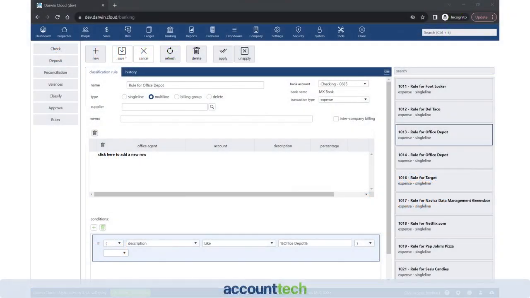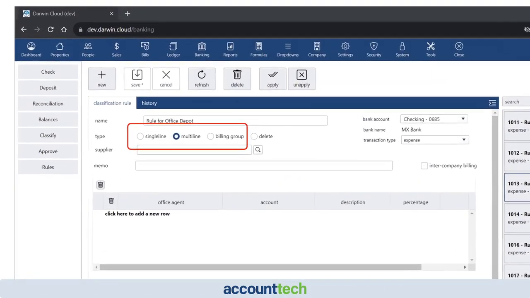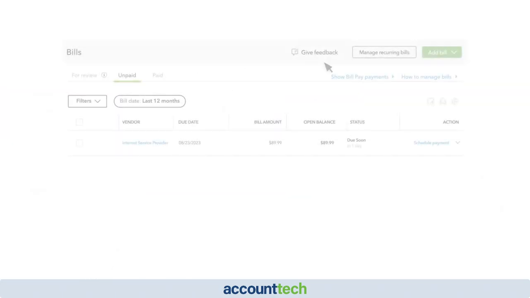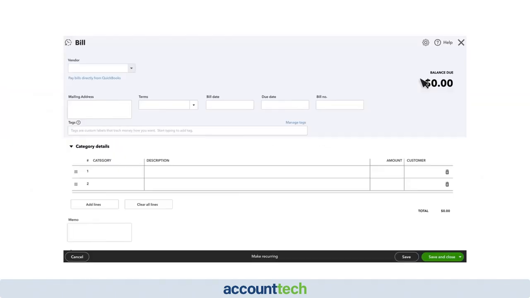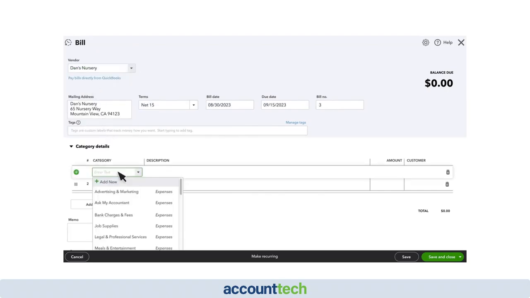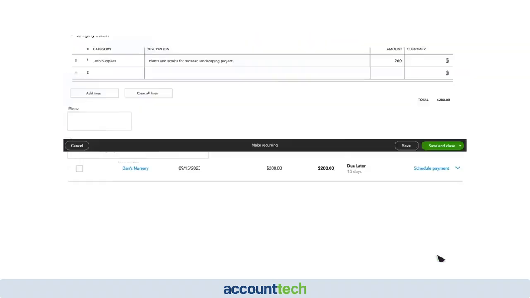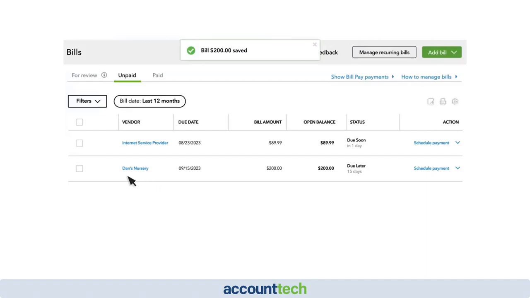darwin.Cloud now has enhanced automation that enables you to much more accurately classify online payments that stream into Darwin daily. For QuickBooks users, you need to enter bank charges, debit charges, and automatic online payments manually into QuickBooks when you get your bank statement. According to the Institute of Management Accountants, your bookkeeper is probably spending about 10 hours on this each month. At today's wages, that means you're spending hundreds of dollars per month on a job that could